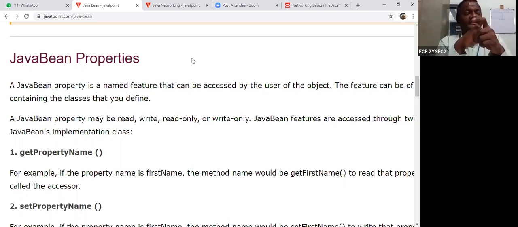Now let us take Java networking. You already know that at present we are living in the internet world, the computer network world. Everything is available in networking, and that coding can be done using Java programming. So computer networking can be designed with the help of the Java language.